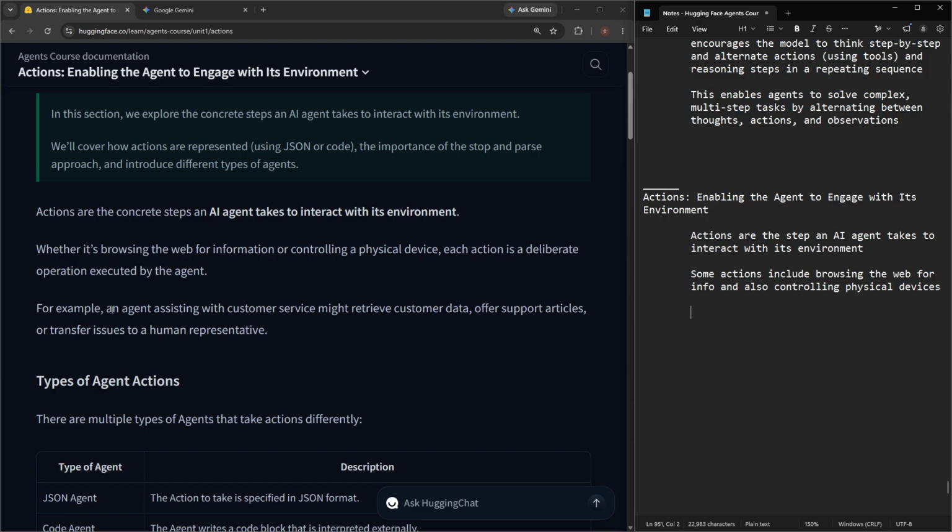For example, an agent assisting with customer service might retrieve customer data, offer support articles, or transfer issues to a human rep. All right. So examples are agents assisting with customer service by retrieving data, offering support articles,